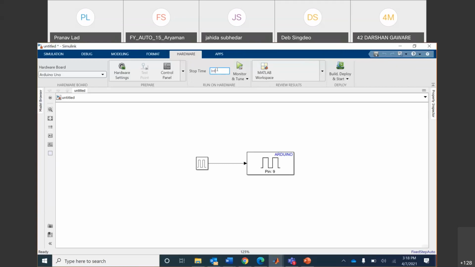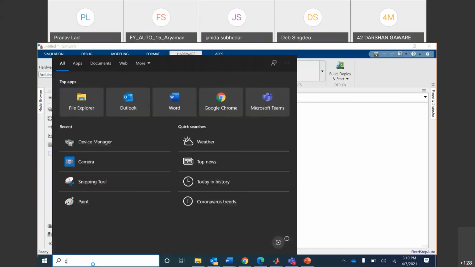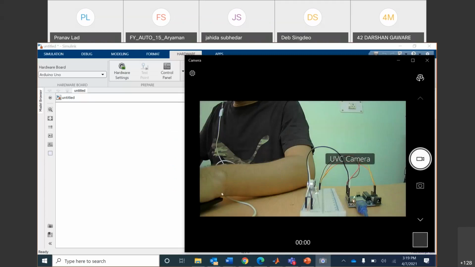Probably we need to run it for an infinite time duration, so I'm just writing INF over here, right? And that's it. Then we just have to deploy this model into hardware and actually see how the hardware looks. So I'll again open my camera and we will see how it looks.